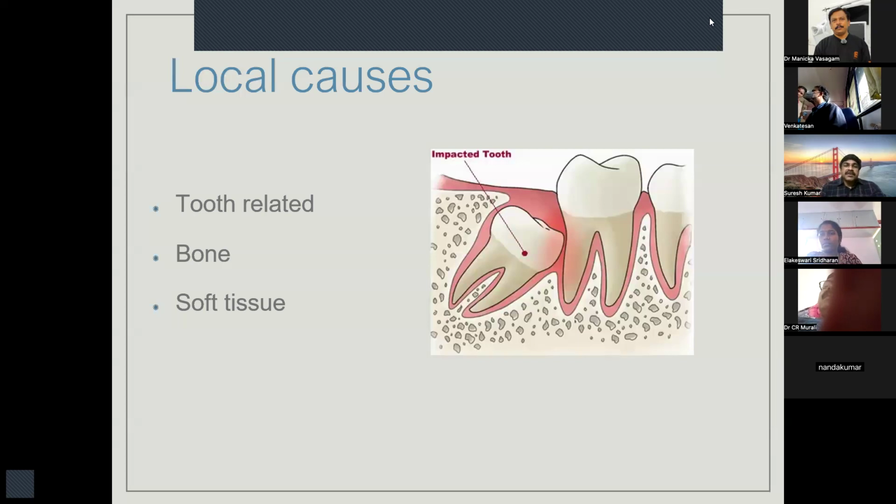And soft tissue related issues, where you have the surface mucosa, oral mucosa, which is fibrosed. So in that situation also, it might penetrate the bone, but it may not be able to penetrate the fibrosed mucosa, leading to impaction.